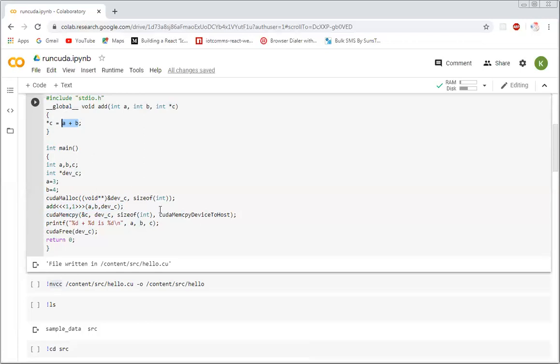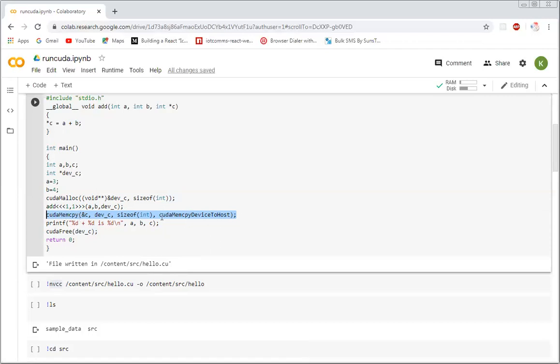If you want to use the value on the host side, you have to bring this value from the device to host. For that, you are writing this function. What is this function? cudaMemcpy. You want to copy memory from one place to another.